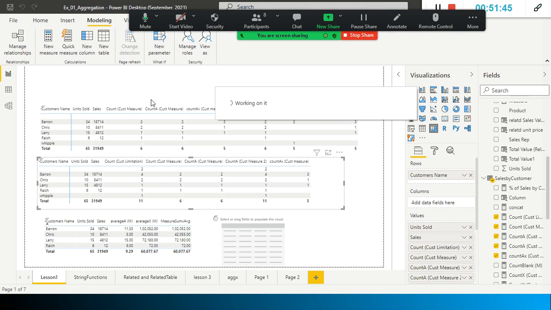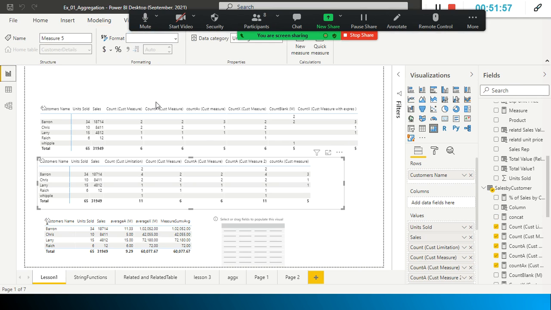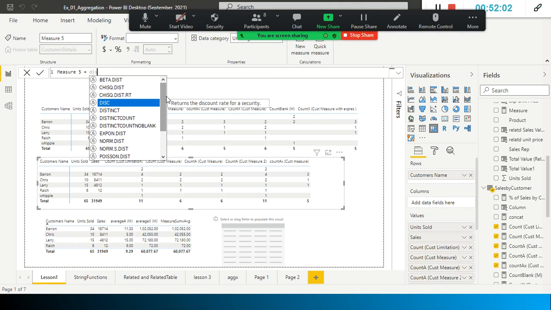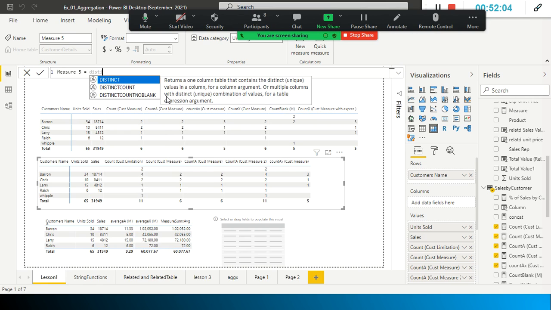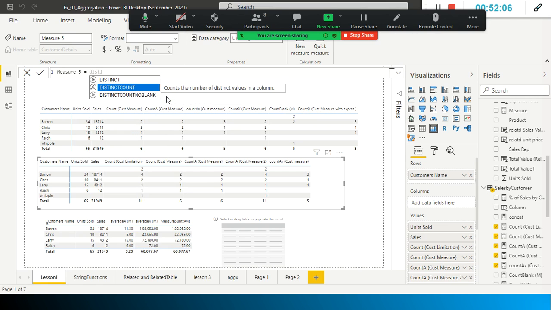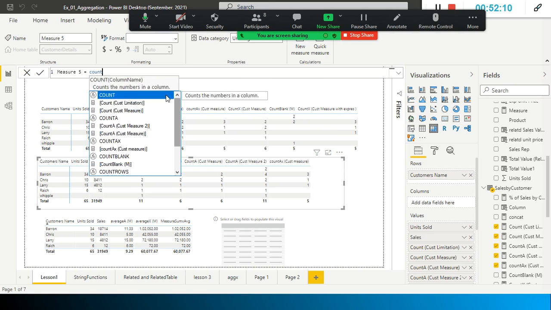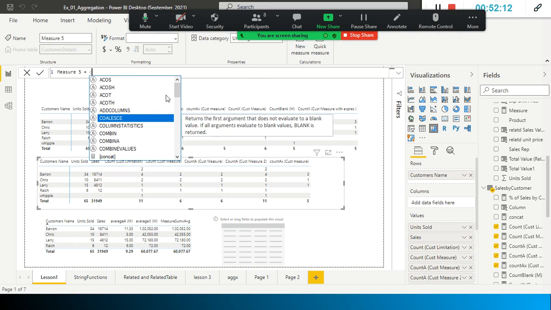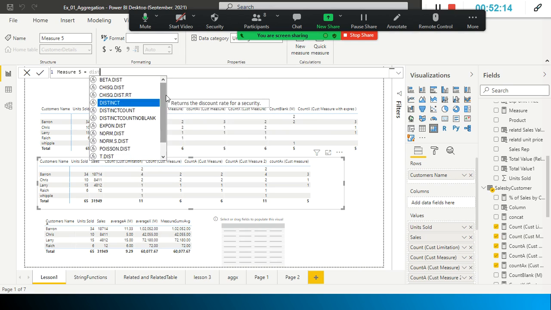On docs.microsoft.com, if you go there, you can find out these functions. So you have DISTINCTCOUNT, and you have COUNTBLANK.